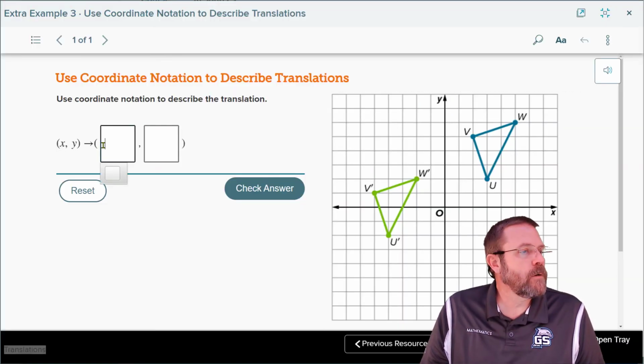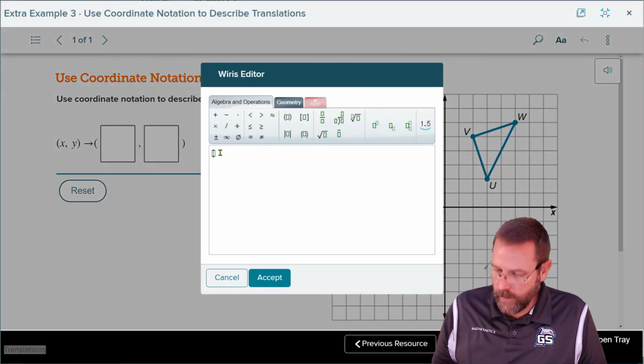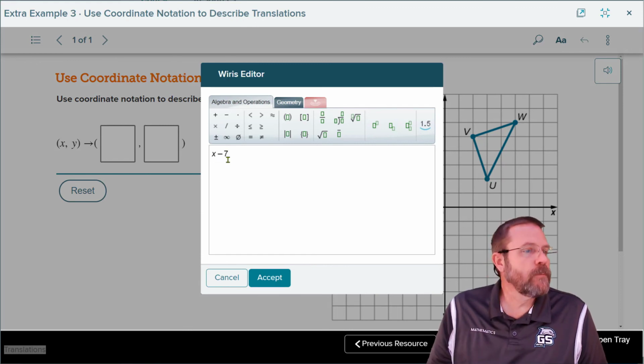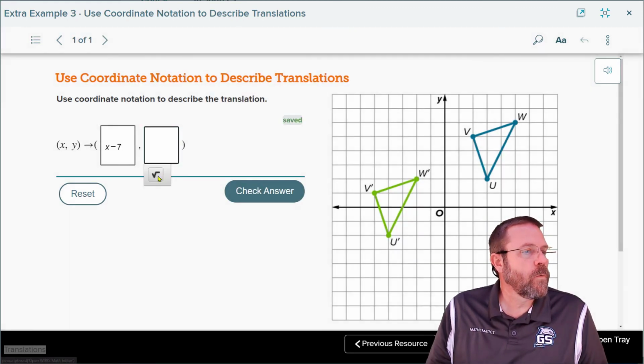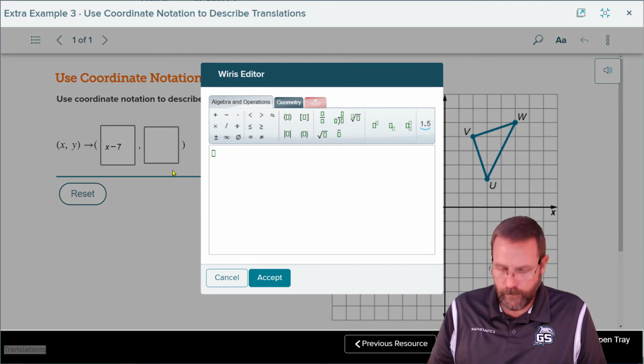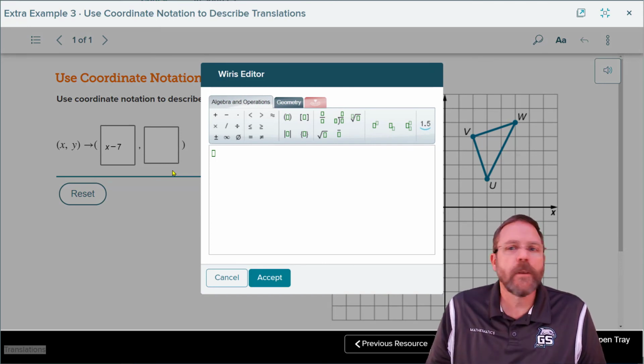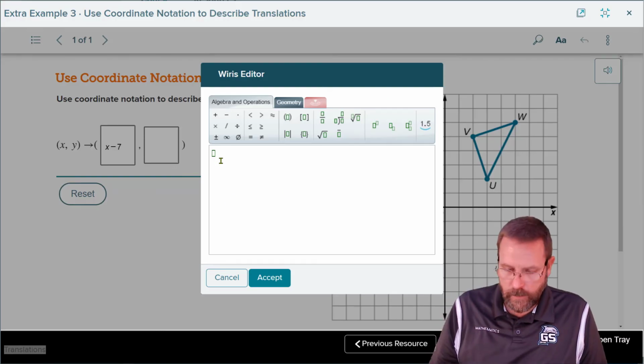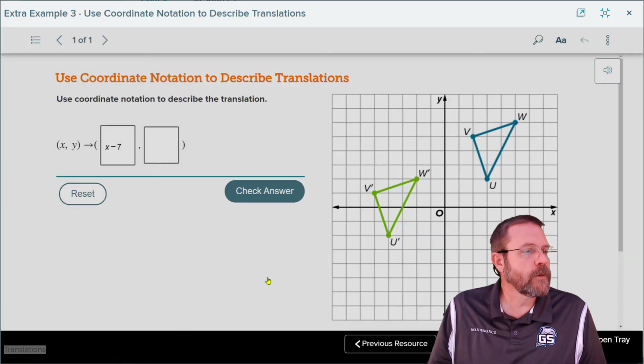Jump back over here, plug it in. I have x minus 7 and y minus 4. Maybe verify that was my answer. That is my answer. So let's try that again. y minus 4, accept and check,